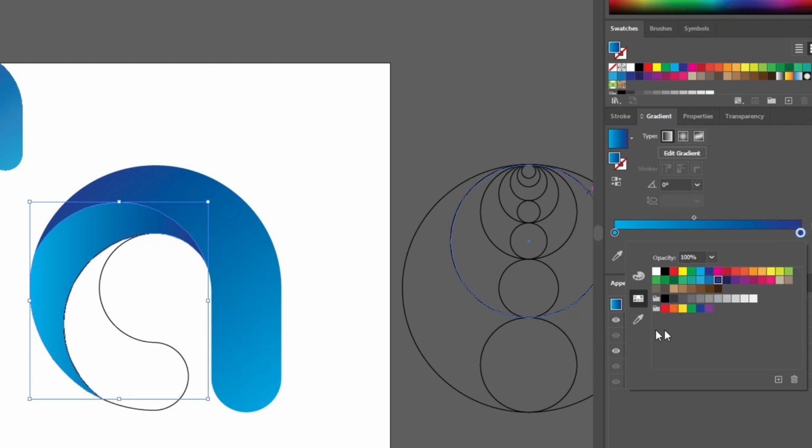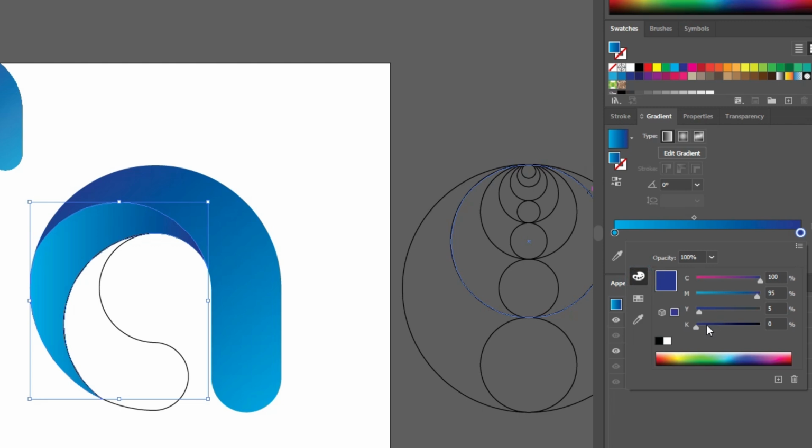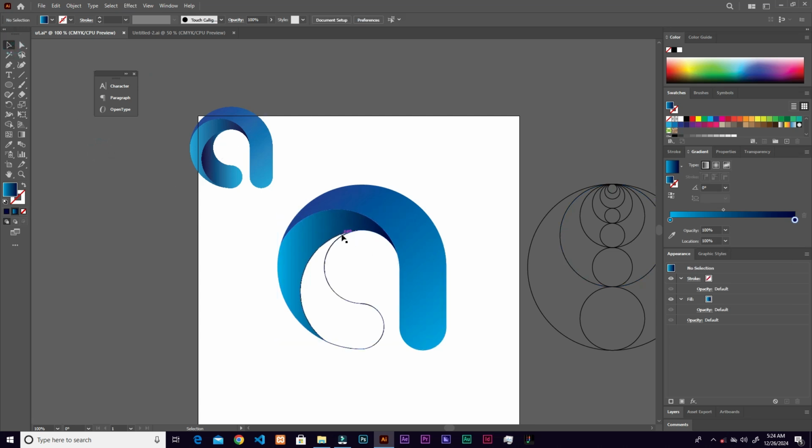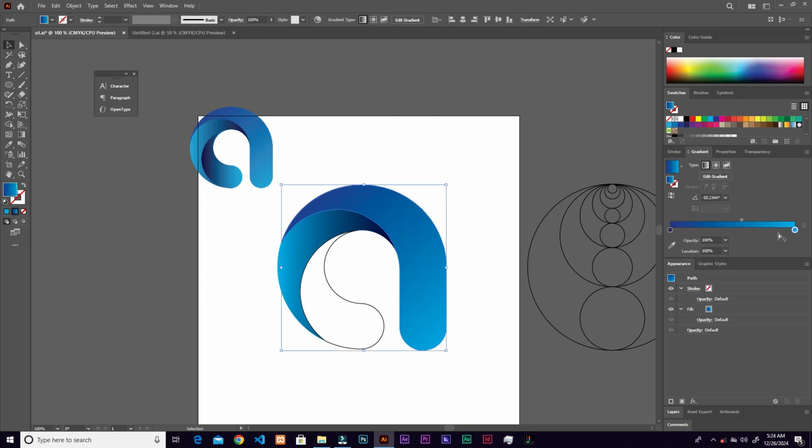Double click here, and this color, click here, and you can just push the key to get more dark tone like that. Okay, push it. Good. Now you can see something like that, and here has to be more lighter, so we just grab that. So let's push the slider here, and let's push this guy here. All right,